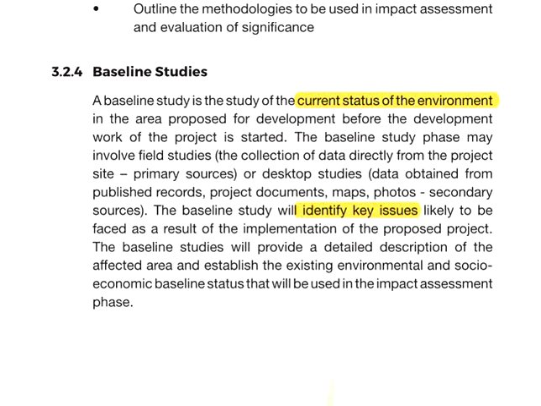Let us talk about the baseline studies. A baseline study is the study of the current status of the environment in the area proposed for the development before the project started. It provides information regarding the existing conditions of the environment, and this information provides a snapshot